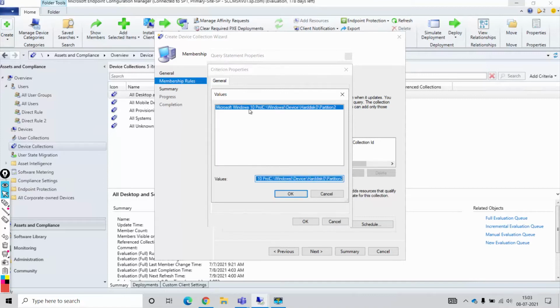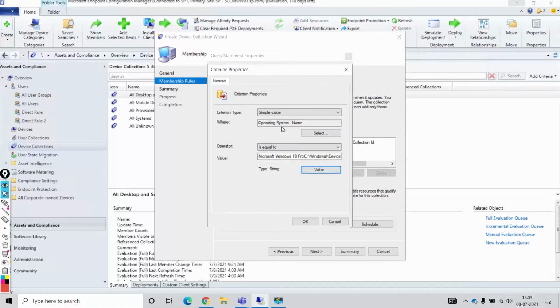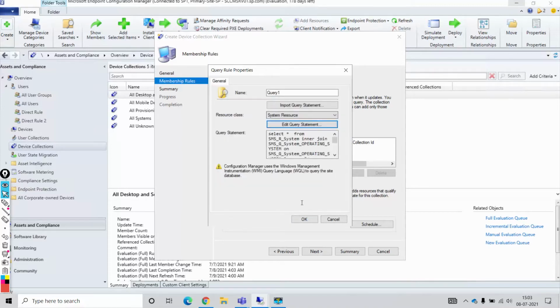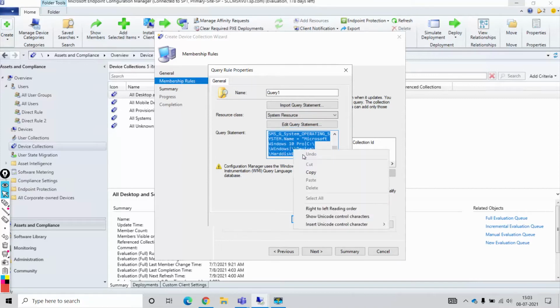equal to. So let's say it is showing Microsoft 10 only, Windows 10. Why it is showing Windows 10? Because we have installed our client only on a single machine, so it is taking the operating system from that value. I'll click OK. Okay, so you can see this is the query what it has written. This is the query. So what I'll do, I'll copy this query and paste it in Notepad so we can have a view on the query.